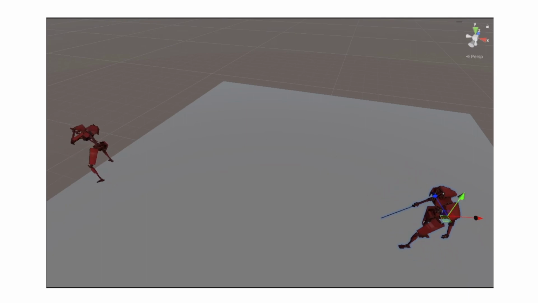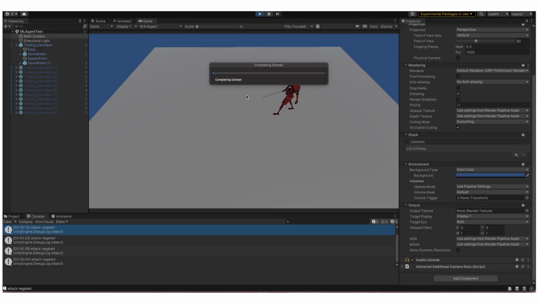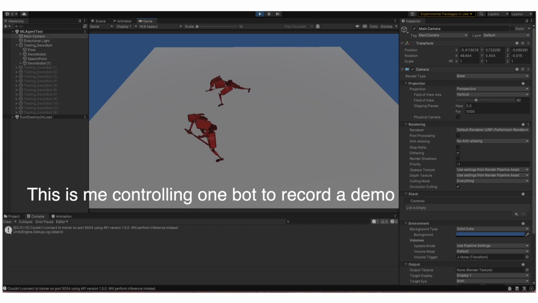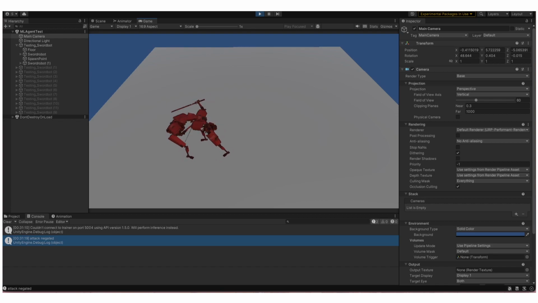Then I actually started looking up how I should be training my AIs, and I realized I definitely shouldn't be doing this for the reasons I've mentioned earlier. I then found out about imitation learning. This method involves recording demos that serve as a guide for the AI to follow. By using these demos as a reference, the AI is able to mimic the actions performed in the demos, which significantly accelerated and stabilized the learning process.